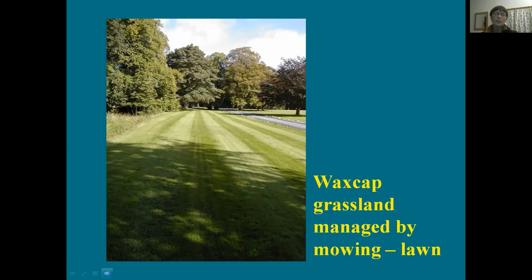It has to be said that with mown grasslands, the number of micro niches within the grassland is not as great. So although the waxcap diversity will be really good, some of the other species may not be there. But anyway,